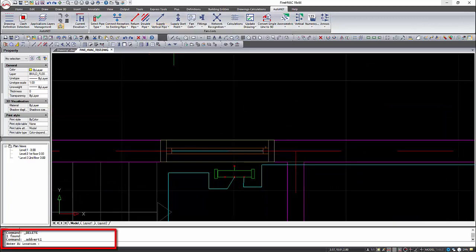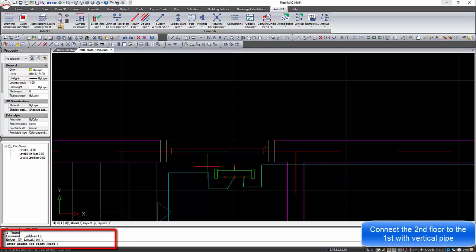A vertical pipe will be placed to connect the first and second floor. The vertical pipe will be connected with the collector using a supply pipe.